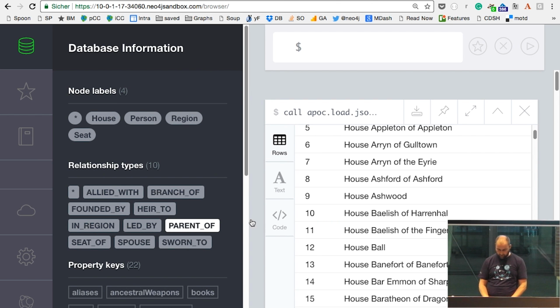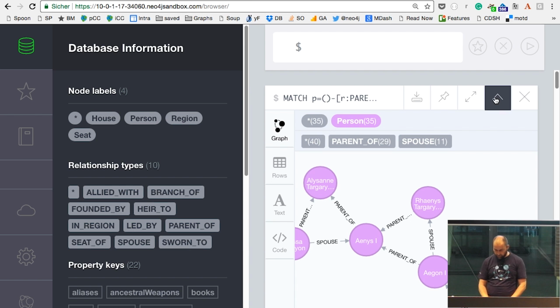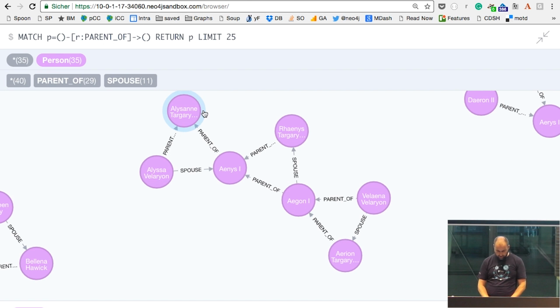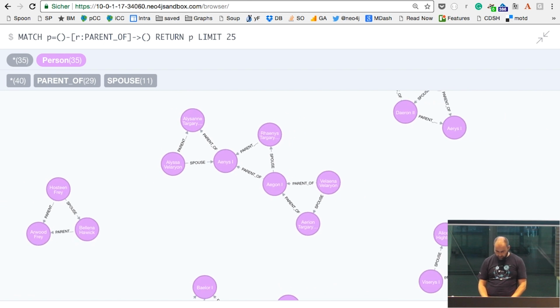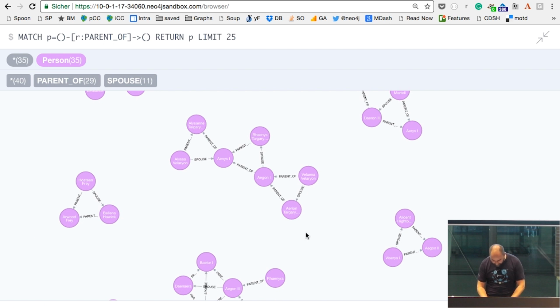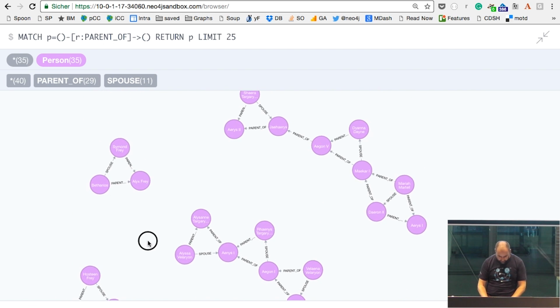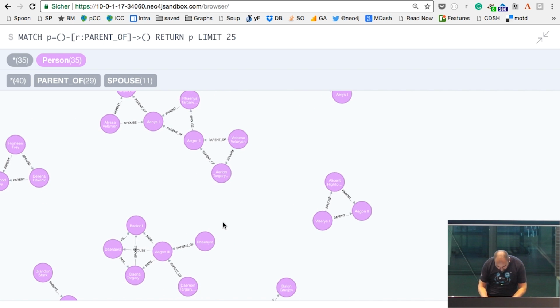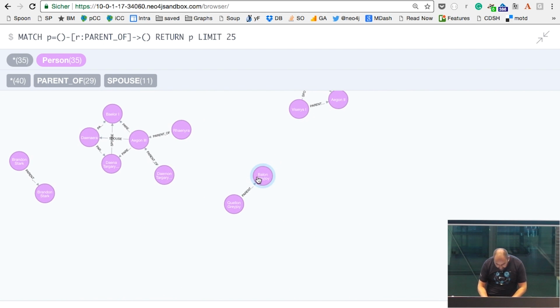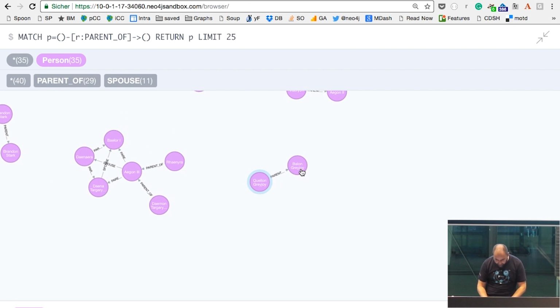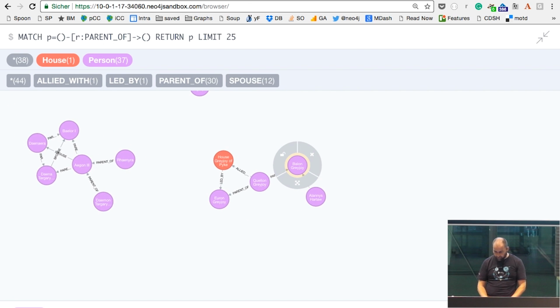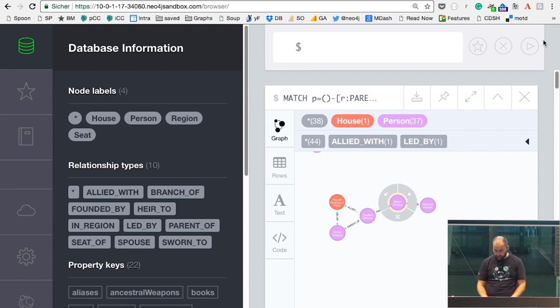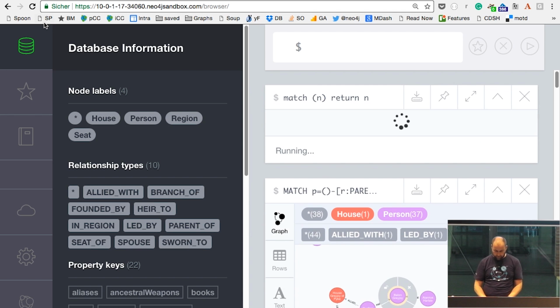So for instance, we could see all the parental relationships. So this is, for instance, here Targaryens. Here in the middle, then here we have Hightowers, the Freys. This is Targaryen as well, large family, and Greyjoys, a little bit of Greyjoy here as well. So we imported all the data from the API, so the whole database is now full with Game of Thrones, and if you return all of it,